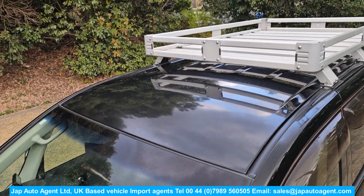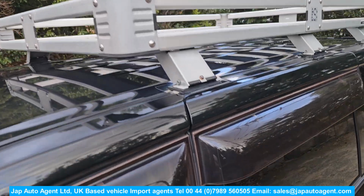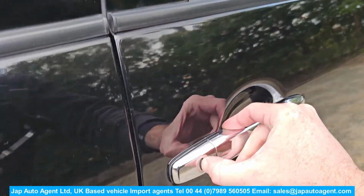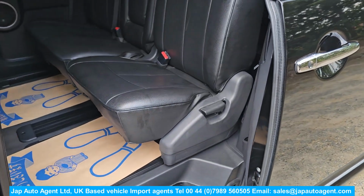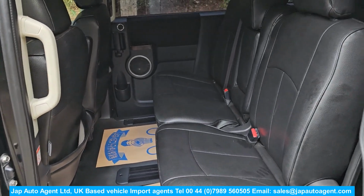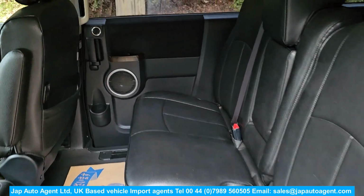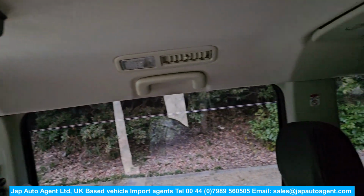It's got a top tint on the windscreen. That's because it's a G Premium model. And that roof rack is very well made. It has remote power doors, three remote power doors: the two sliding doors either side, and the rear power gate. It's got a power back door. It's got Alpine